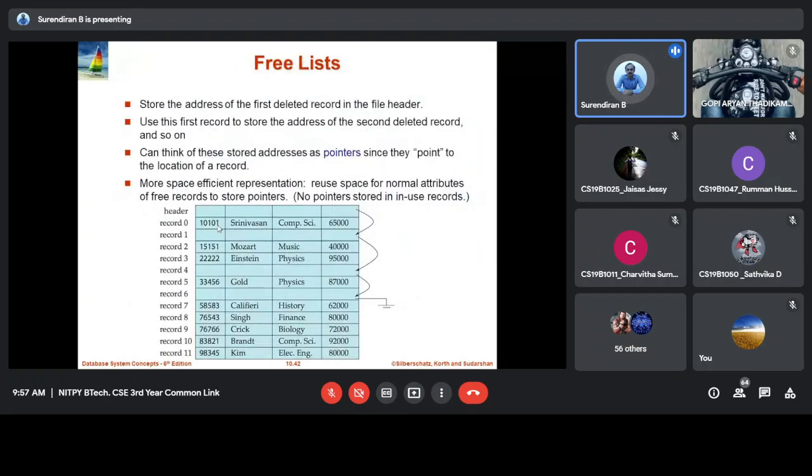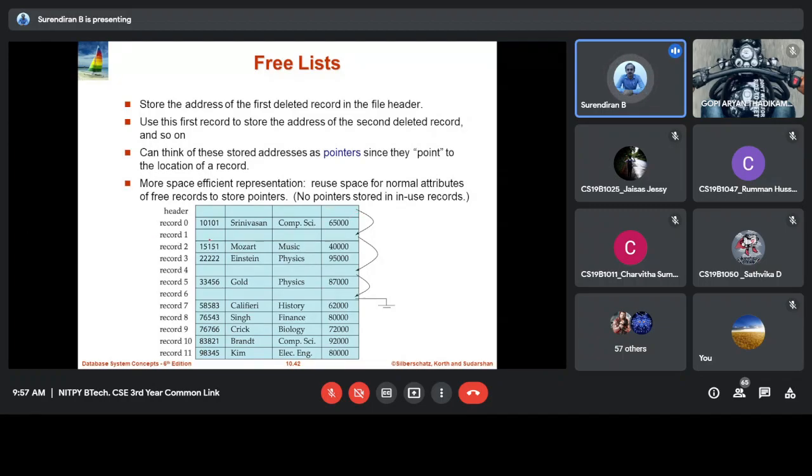There is another way, which is maintaining a free list. Two more minutes, let me finish this. They have a free list separately.